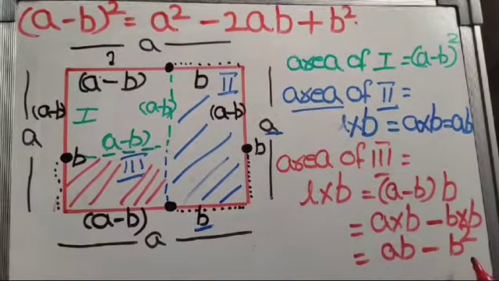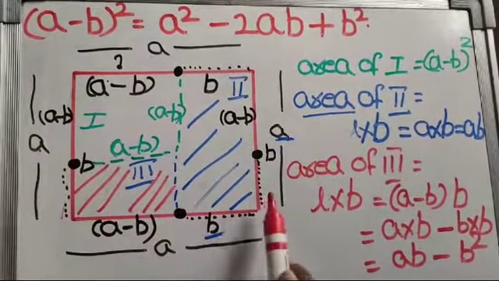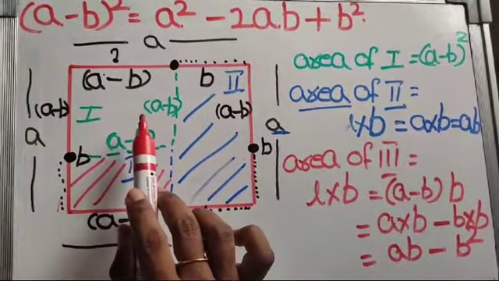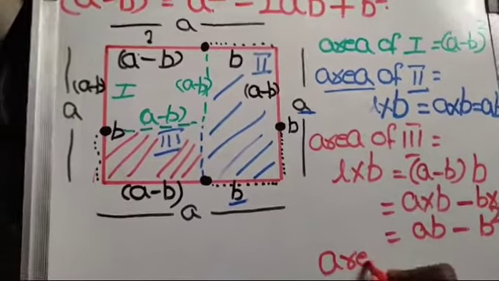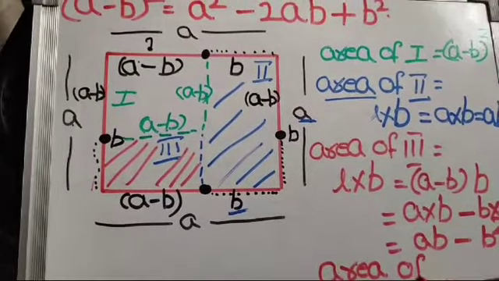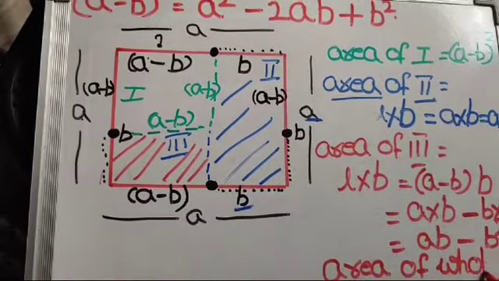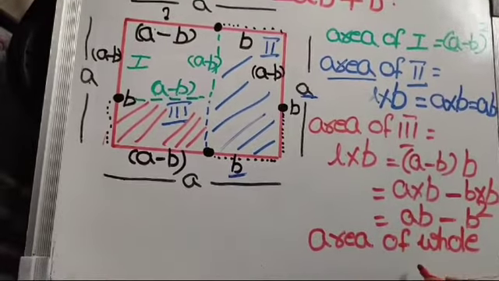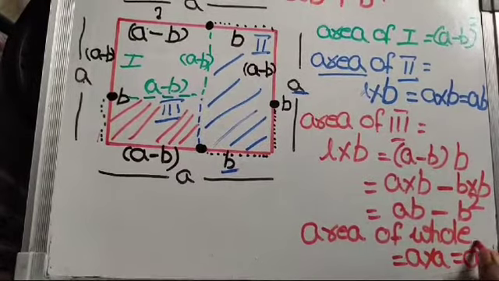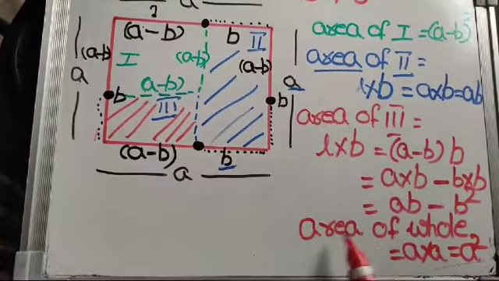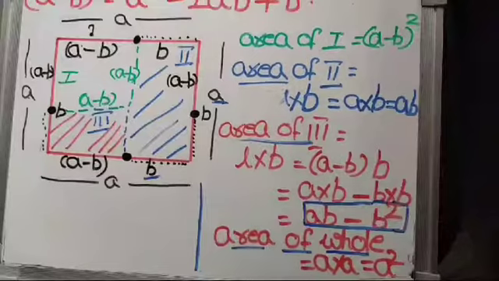So now we have to find the area of the whole square. So what is the length of that? The length of each side is A. So now what we have to find? We have to find that area of the whole square. And you know the formula of a square, which is side square or A into A. So here we have used A. So the area of our whole square becomes A square. Now we got all the areas.